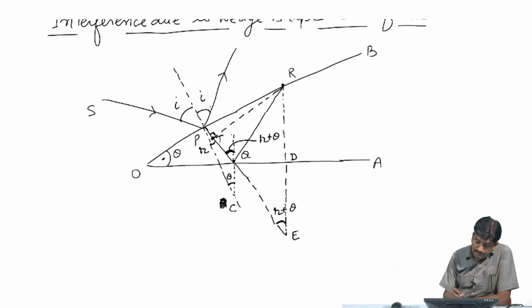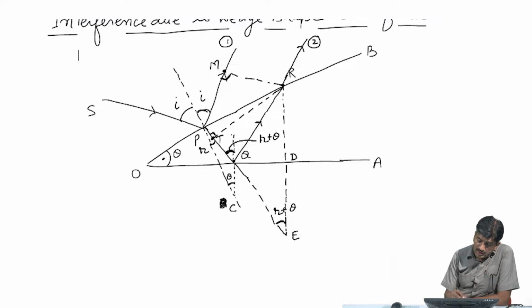And if we draw a perpendicular from point R to this ray, suppose this is the first reflected ray from the upper surface, this is the perpendicular angle, and if we draw a perpendicular from point R to ray 1, we can consider it M. RM is the perpendicular from R to ray 1, and this is a ray, some part moves in another medium. This is the second reflected ray.